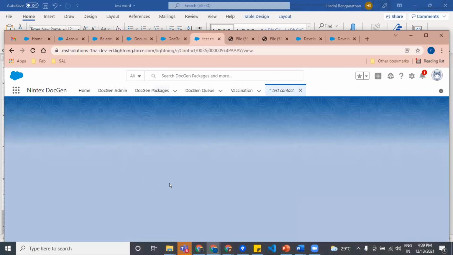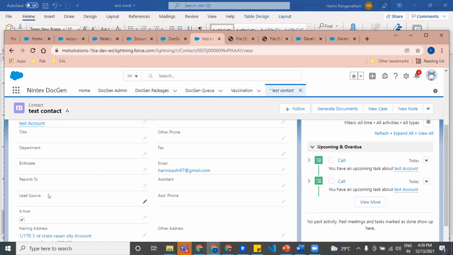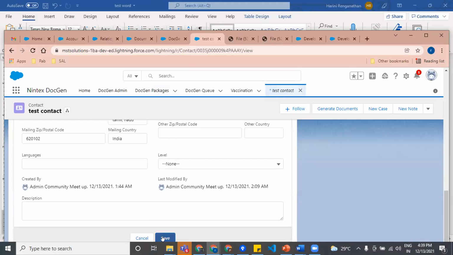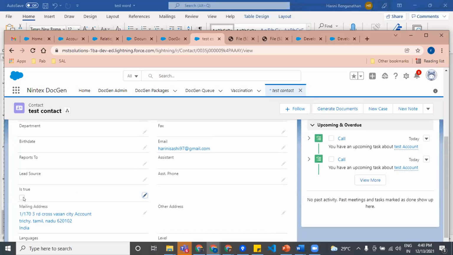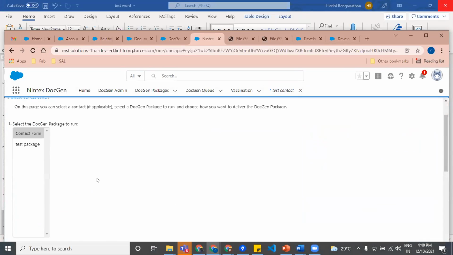Okay, so I have my test contact record here. I'm going to go to the details, uncheck this, and save it. Now, if I click generate document again, after saving with this unchecked, let's see how this document will come up.